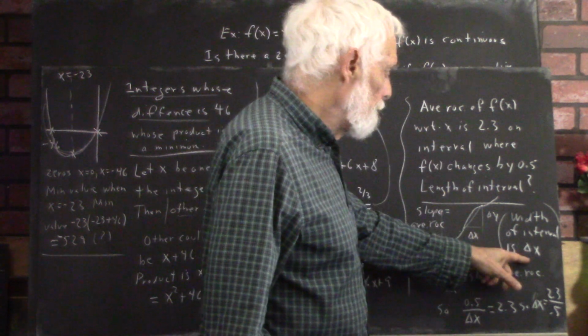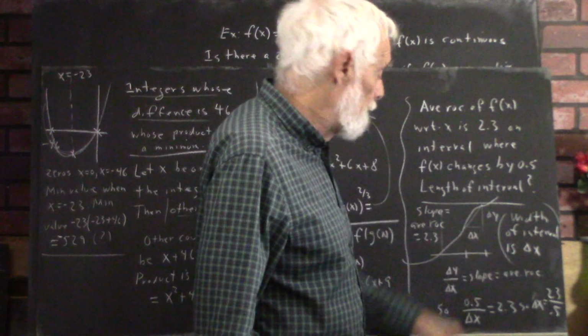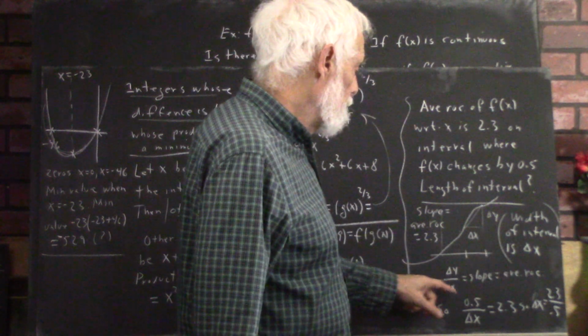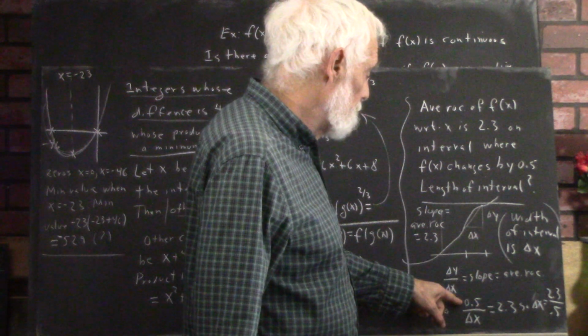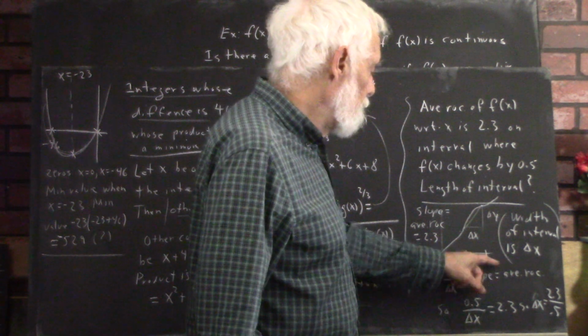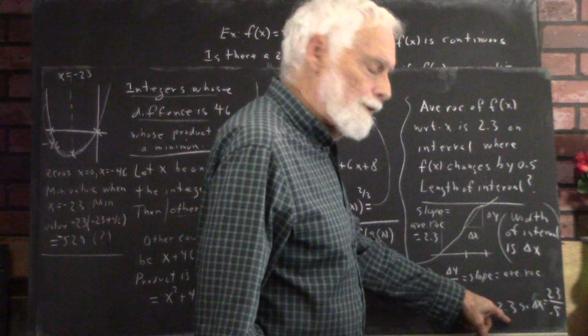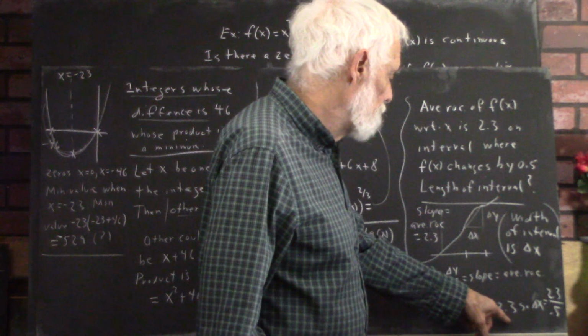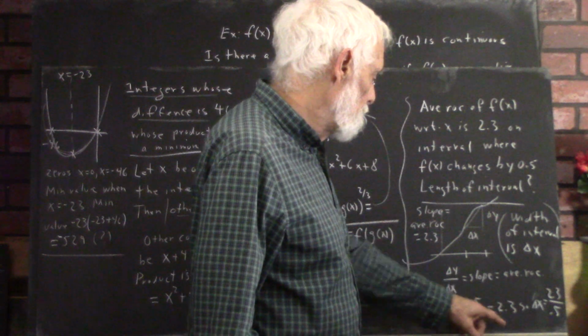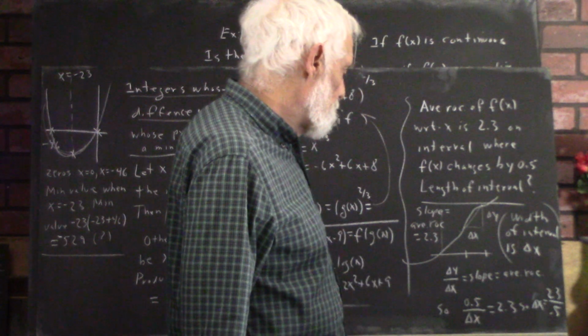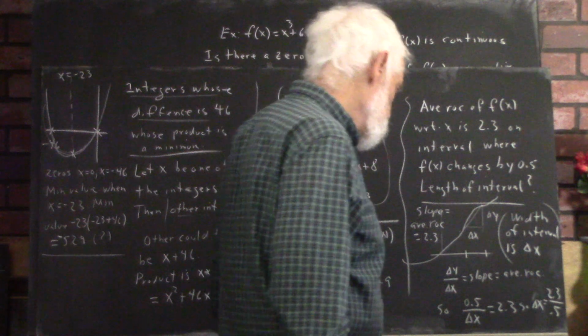The width of the interval is delta x, and that's what we're trying to find. So delta y over delta x equals slope equals average rate of change. So delta y being 0.5, and the slope being the average rate of change, the slope is 2.3. You have 0.5 over delta x equals 2.3, so that delta x equals,